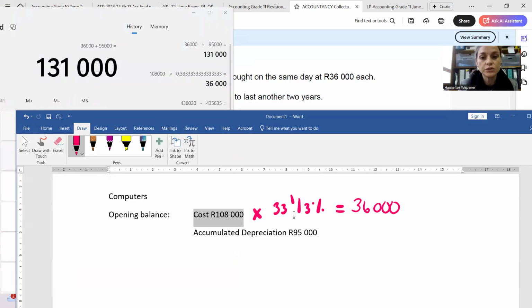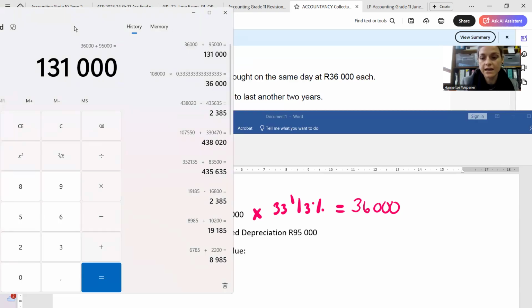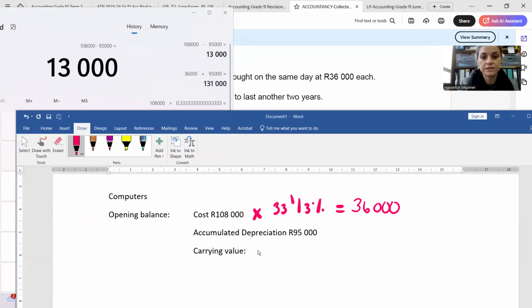be more than cost. You know that you may only write off an asset until it reaches a carrying value of R1. And your carrying value on the first day of your current financial year was 13,000. Therefore, you cannot write off 36,000 Rand because then this asset's value is going to go into a negative value, and you can't have a negative fixed asset. You either have the computers or you don't. Therefore, your depreciation is limited to